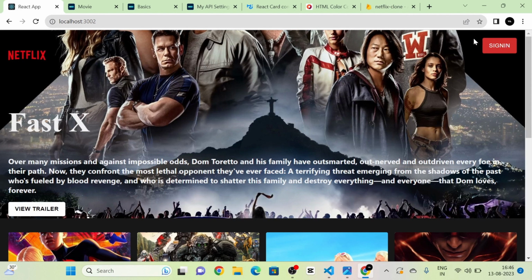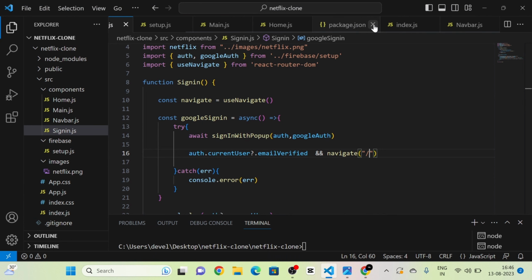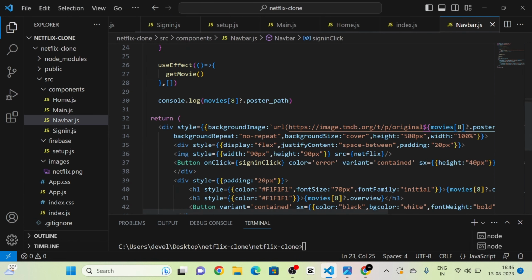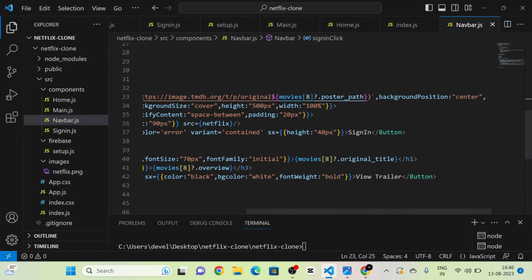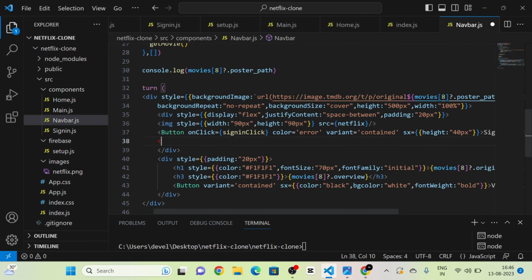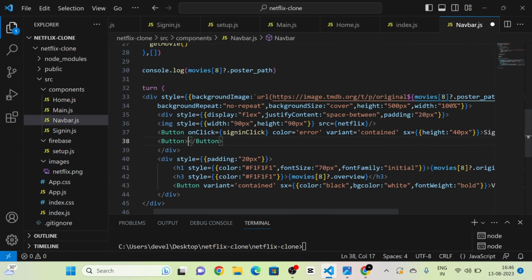So now you can see that here is a sign in button, but actually we don't want the sign in button when the user is logged in. So now the user is logged in, so now we need the logout button here. So in the navbar I am going to use another button. Below this sign in button I am going to use another button, that is logout,